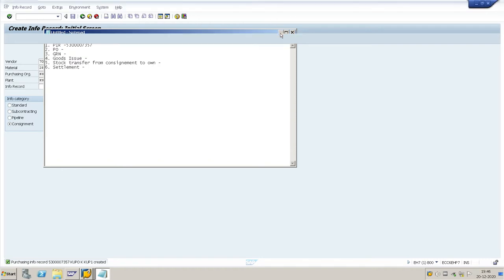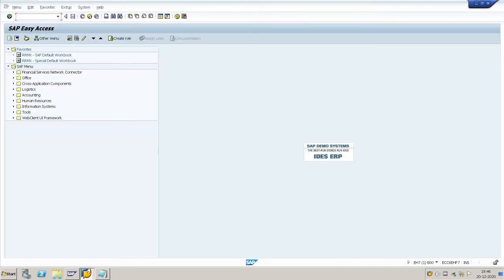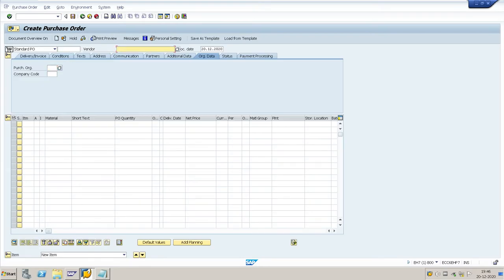Next is the purchase order. ME21N is for creation of a purchase order. Whichever vendor we gave in the info record, mention the same vendor here.